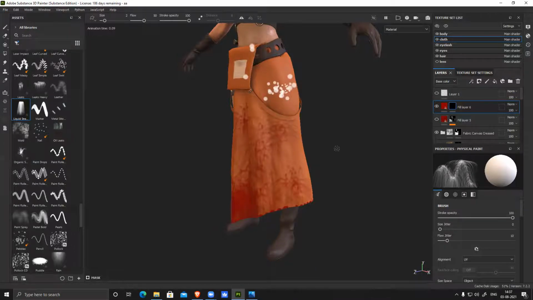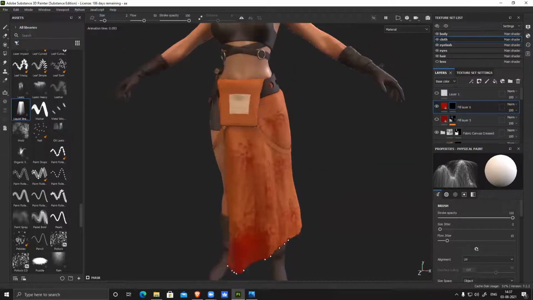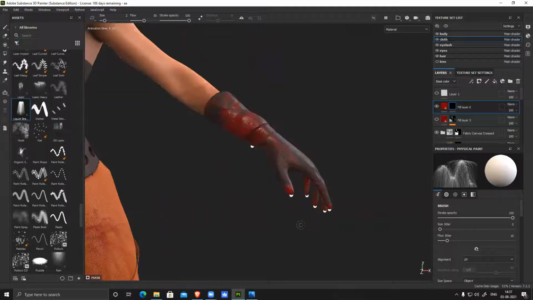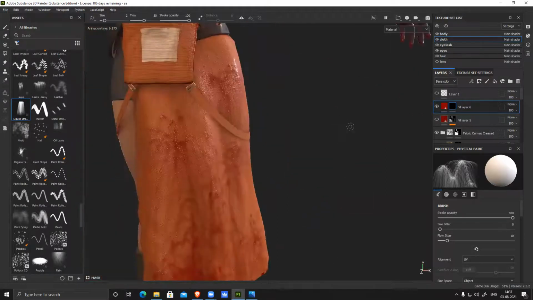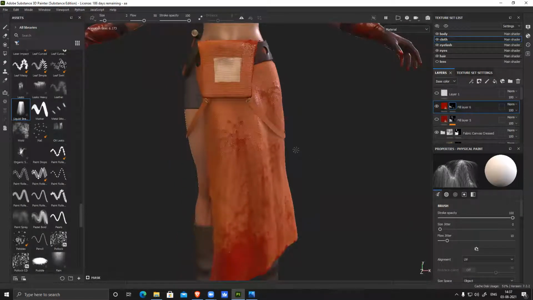So what I did here is add a couple of things here and there, a little bit. You can see it will automatically follow the gravity and generate here. But all these patches don't look very natural. They look very fake.